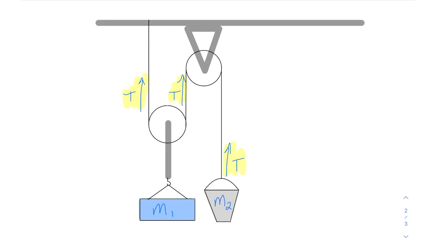Okay, now let's talk about a few of our other forces, and some of these are going to be the same as what we've seen previously. So here, for mass 1, you still have the same force of gravity, m1g, and for mass 2, m2g. Those forces due to gravity are going to be the same. And again, for this intro, we're going to assume that this is a static system for the moment. So if everything is still, then we know that these forces are going to cancel out,